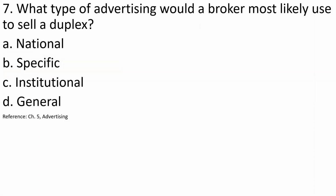Number 7, what type of advertising would a broker most likely use to sell a duplex? Well, we understand that there are 2 types of advertising. You have specific advertising and you have institutional advertising. Institutional is when you are promoting a particular brand, name recognition. You are creating an image, you are creating your brand. Whereas specific, you are selling a specific product. So if a person is selling a duplex and they're advertising that specific duplex, well, that would be specific